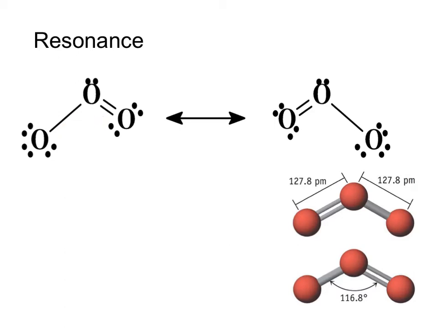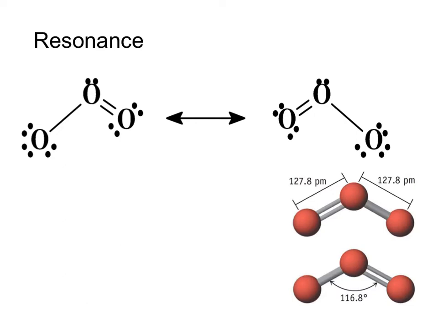And so, when we're looking at O3, with a single bond between 2 of the oxygens and a double bond between the other 2, we would expect that the oxygen-oxygen double bond will be a shorter bond than the oxygen-oxygen single bond. And so you would think that this resonance structure here would exhibit one long bond and one short bond. Likewise, you might expect that this resonance structure would have one short bond and one long bond, but between